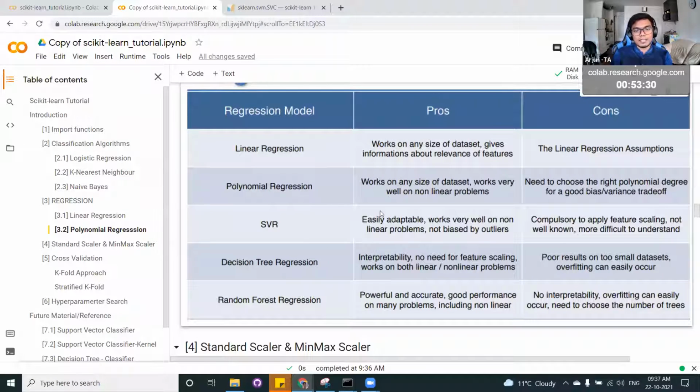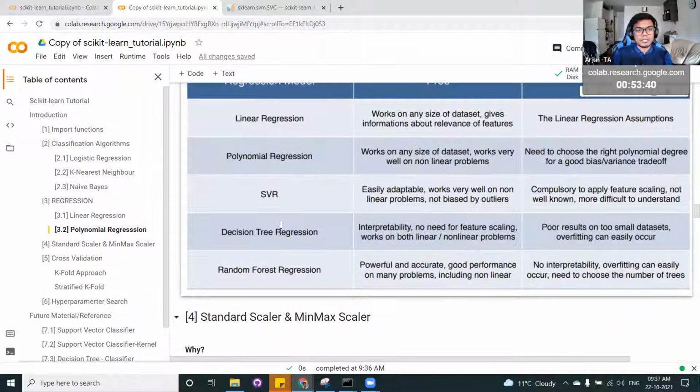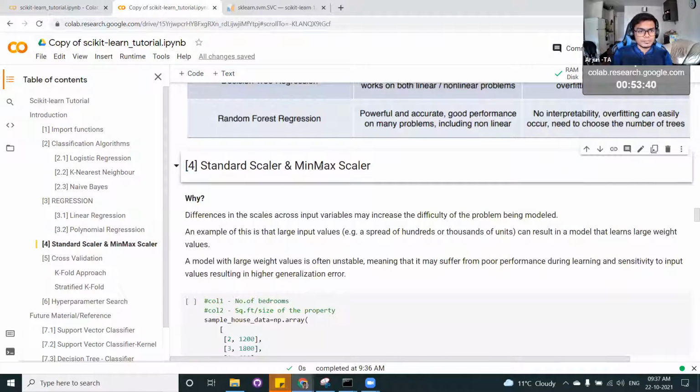So there are some other models, and I think on Monday you will be seeing support vector machines, and why it's essential. So you can always revisit, and you can take this as a reference while you work on your Kaggle project. This might also be helpful.